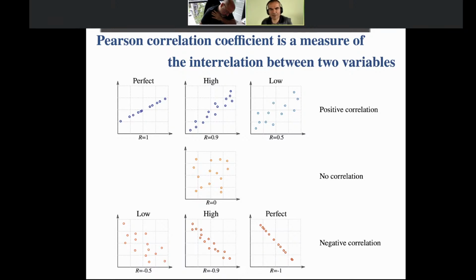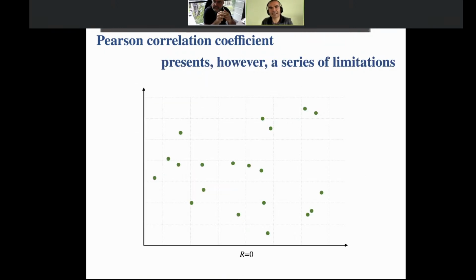And so typically if you have features that have a strong correlation with the target, that's a feature that you would like to take. The problem with the Pearson coefficient is that it has a series of limitations. One of these is that you see here again an example where there is no correlation, R is equal to 0, but then this correlation coefficient is also 0 in this case where you have a parabola. So if you had a feature that is clearly related to the target as being y equal to x squared, you would have a correlation that is 0, which is annoying because you would throw it away.